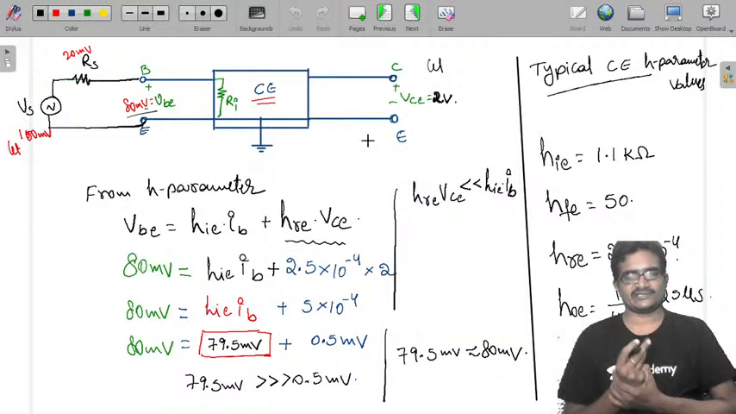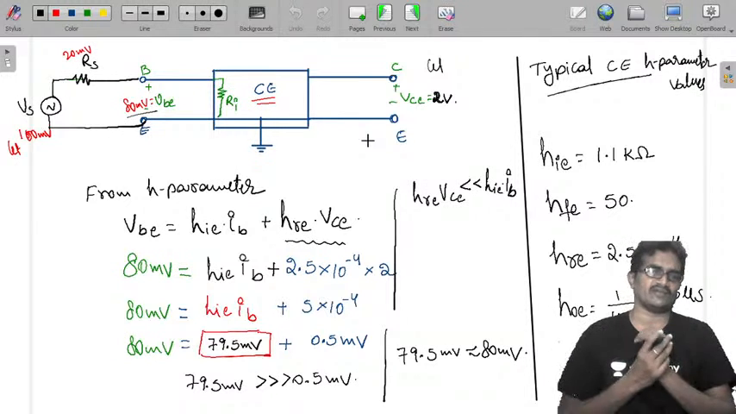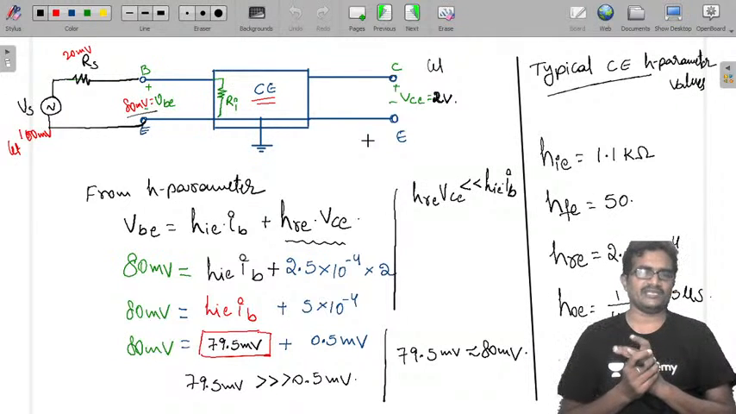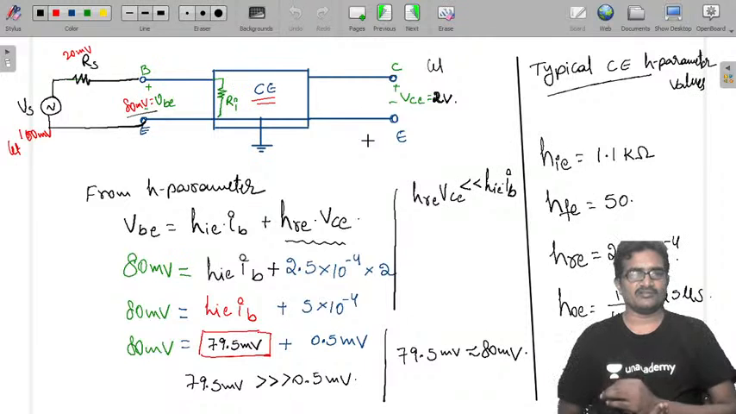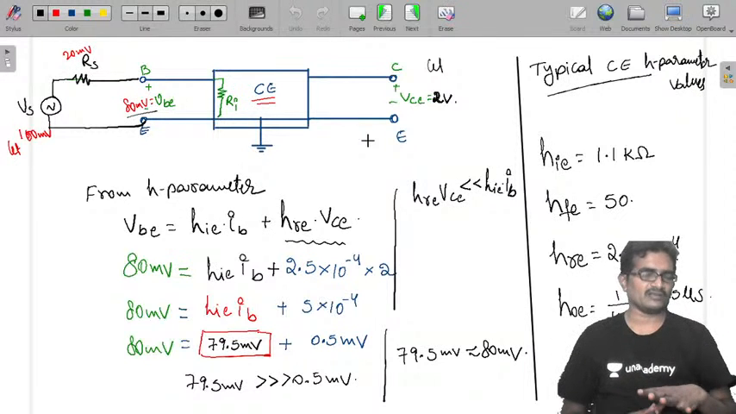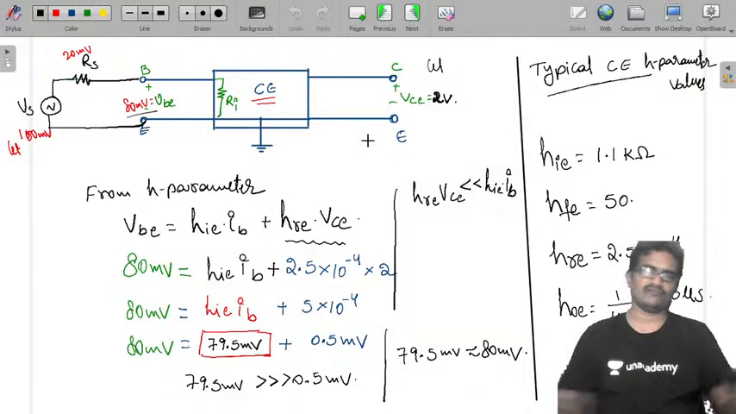You may ask one thing, sir, for example, in an IC I am using 1 lakh transistors. From each transistor I am neglecting 0.5 millivolts. Now 0.5 into 1 lakh, it is a very huge value. Then what is the reflection? Where is it going to be reflecting? See, my dear student,